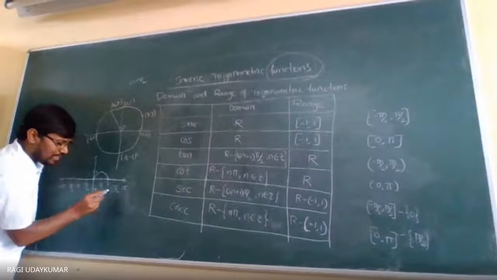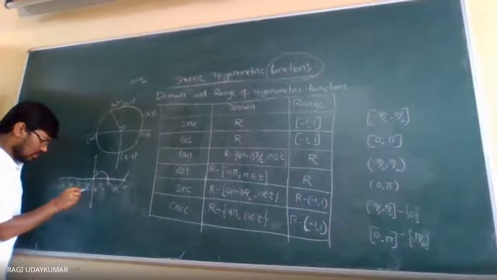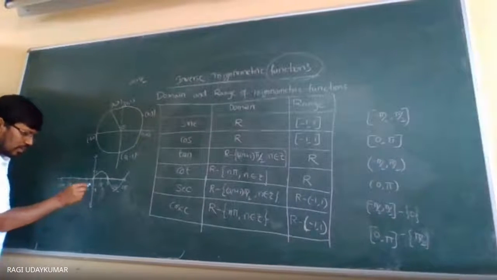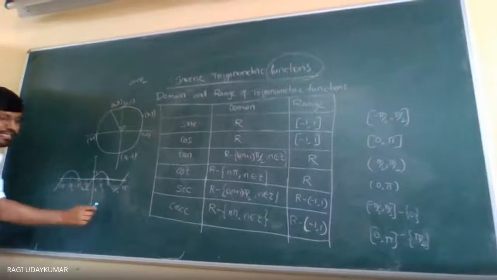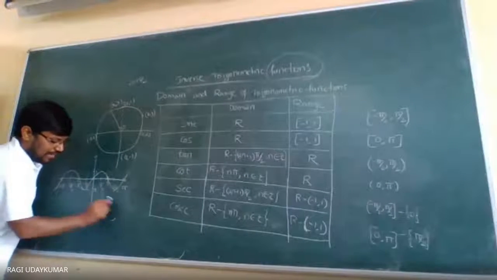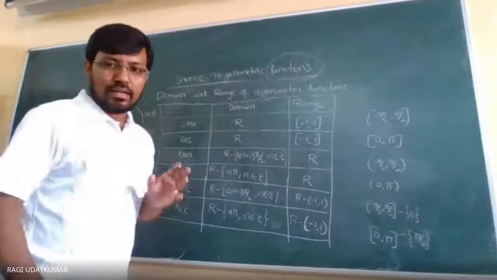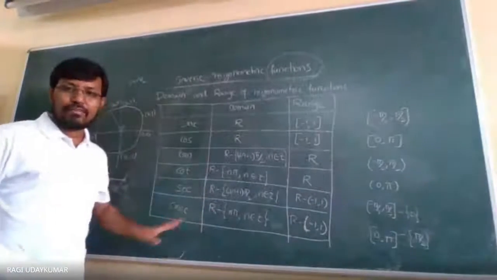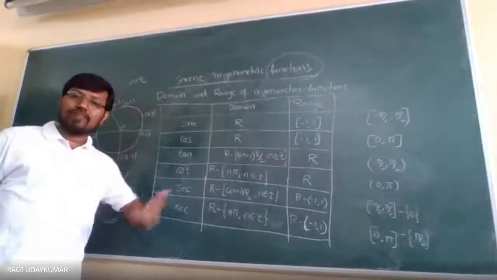So minus 1, it is 3 pi by 2 minus 1. So like this, this is the graph of the sine function. In the same pattern, you can go through and create the graph of the cos function also, tan function also, and all these things you have learned in